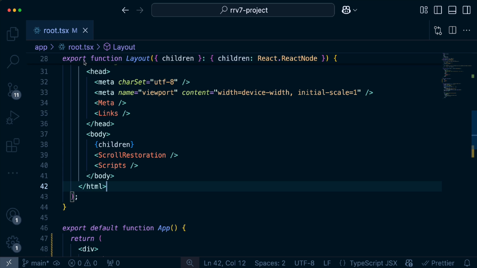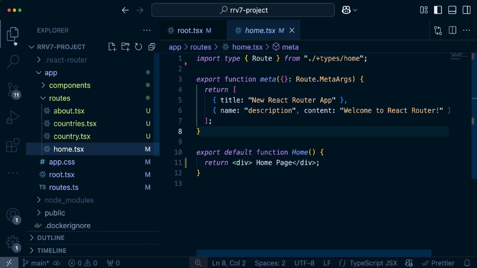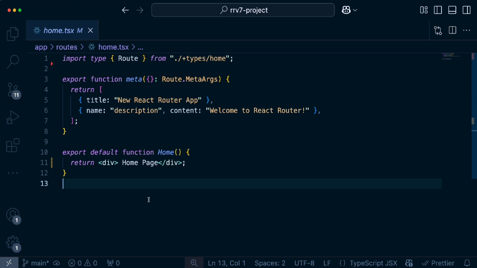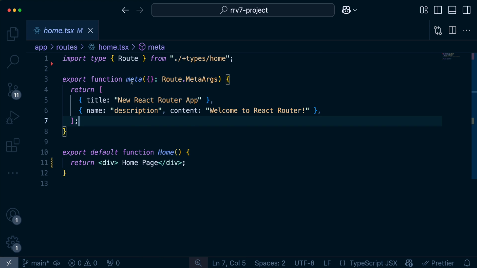Now our home component is going to exist in our home page over here, and currently it doesn't have anything. Now when you define a route in React Router version 7, you see that you can export a function called meta. Now this function has to have this exact notation, or else it won't give you the desired results. Now we are going to add some metadata to all of our routes in order for us to keep in par with really good SEO practices